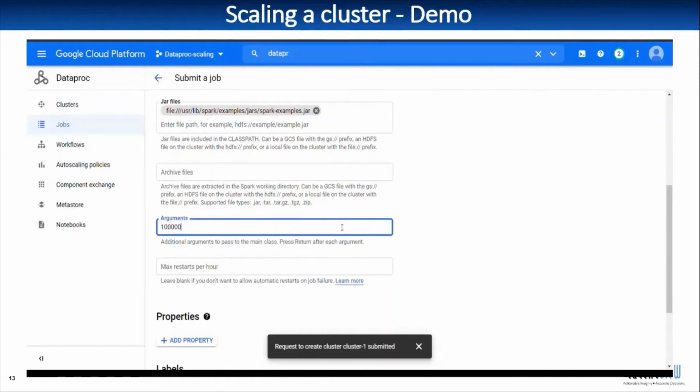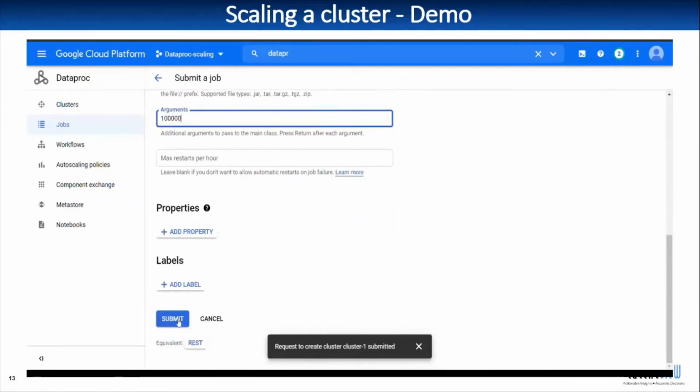Since the unit circle is x squared plus y squared equals 1, whenever x squared plus y squared is less than 1, we can confirm that the point is inside the circle. From the ratio of points inside the circle, we calculate the value of pi. So this argument means the number of points we use to calculate the value of pi.